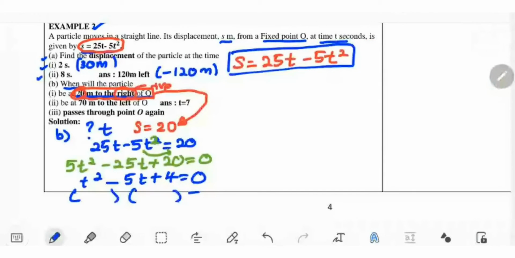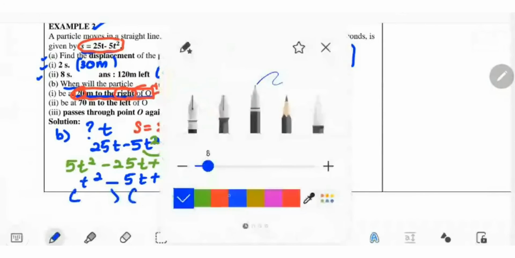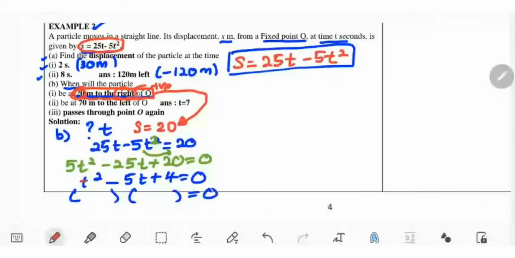Okay, in this case, you cannot use X because now it is T. So tadi kita dapat apa? 1 and 4, right? Yes, teacher. T minus 1, T minus 4. Okay, so maksudnya,